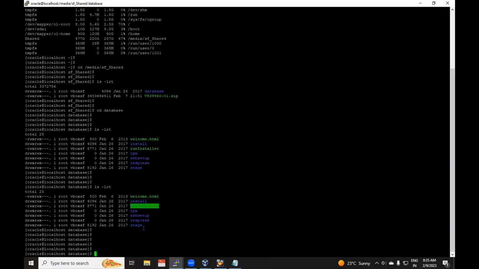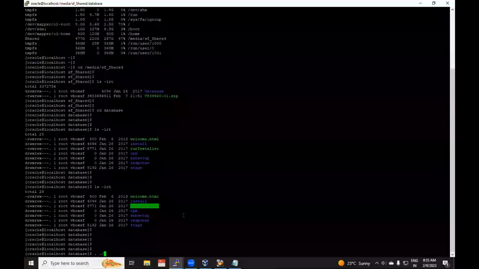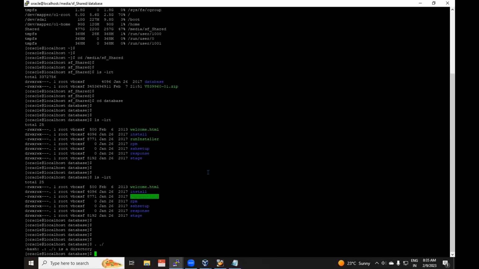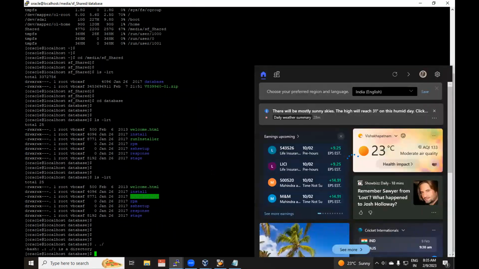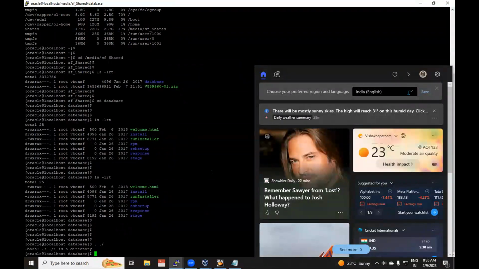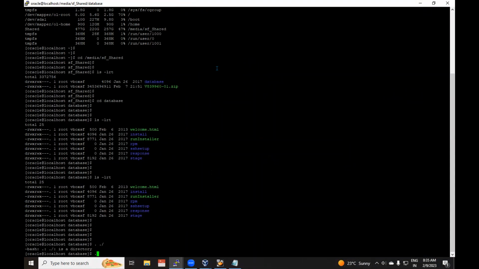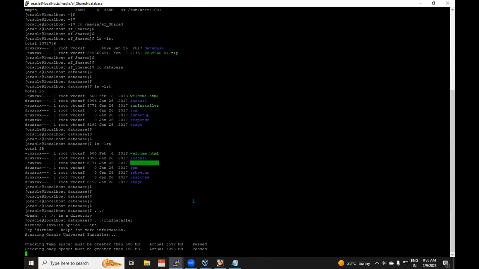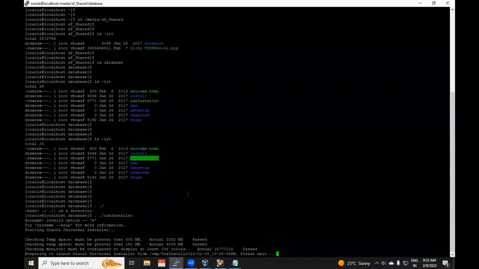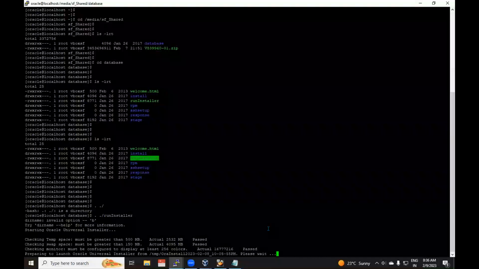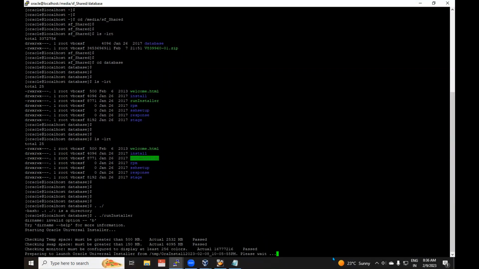Now if I run this, it will take the space. Preparing to launch the Oracle Universal Installer. So it will try to launch the GUI, graphical user interface, for us now.